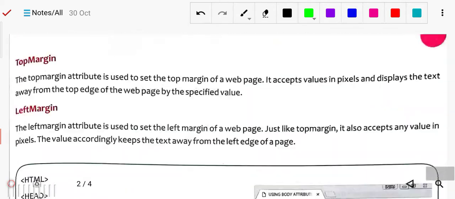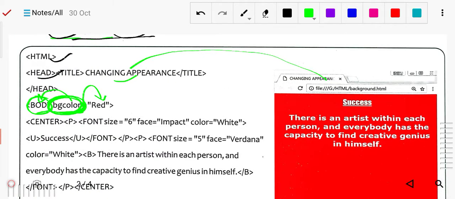You can check that the body background is red. So you have to use this bg color attribute with the body. Then center, p, font size, impact and so on are defined. So bg color is used with the body.